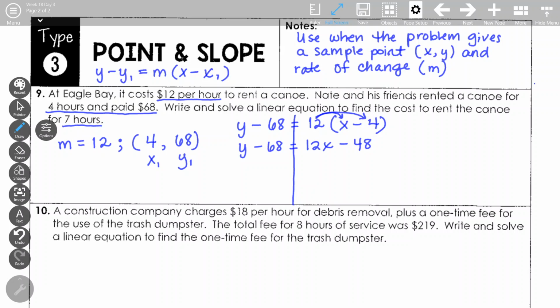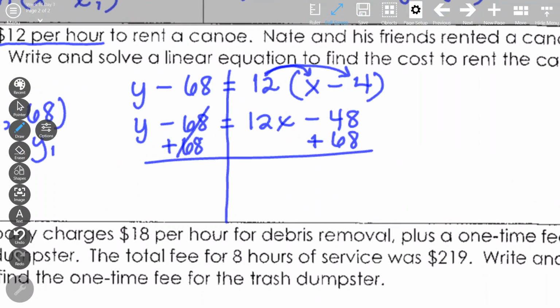Now, then we want to solve for y. So the opposite of negative 68 is positive 68. If we do it to one side, we do it to the other. That cancels. I'm going to make it just a little bit bigger for you guys. And then we get y equals, bring down your 12x, and then negative 48 plus 68. The signs are different, so you subtract and keep the sign of the larger, and you get a positive 20. Now that is our